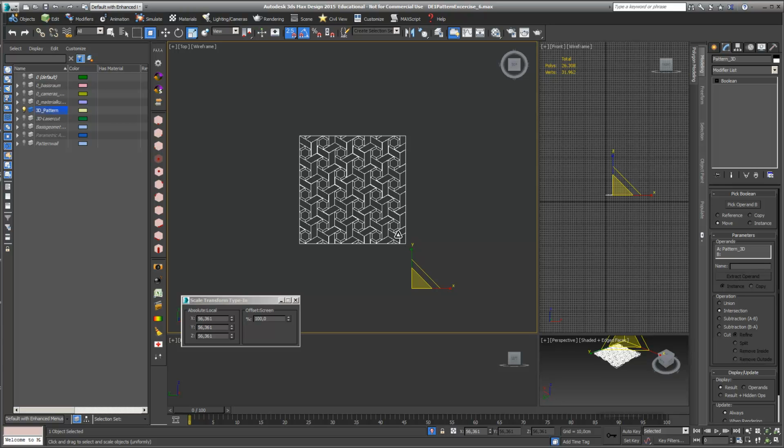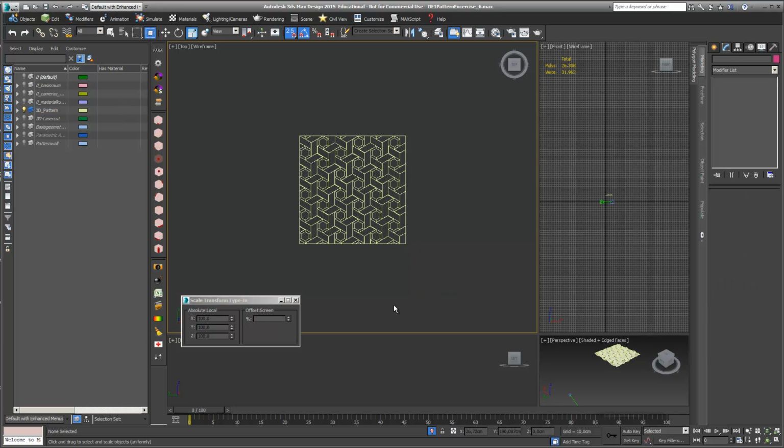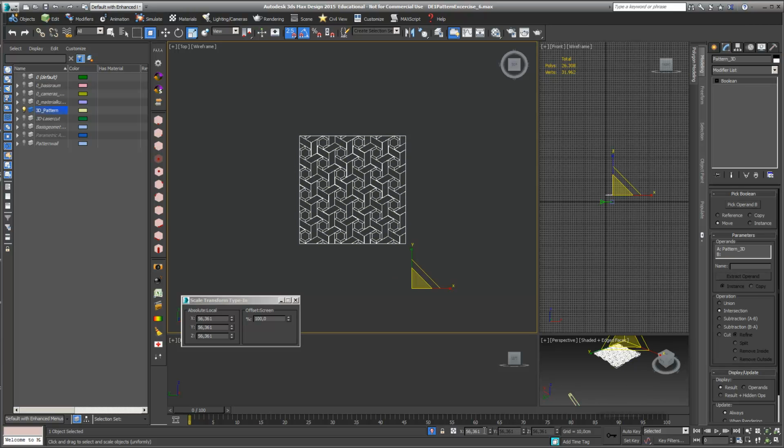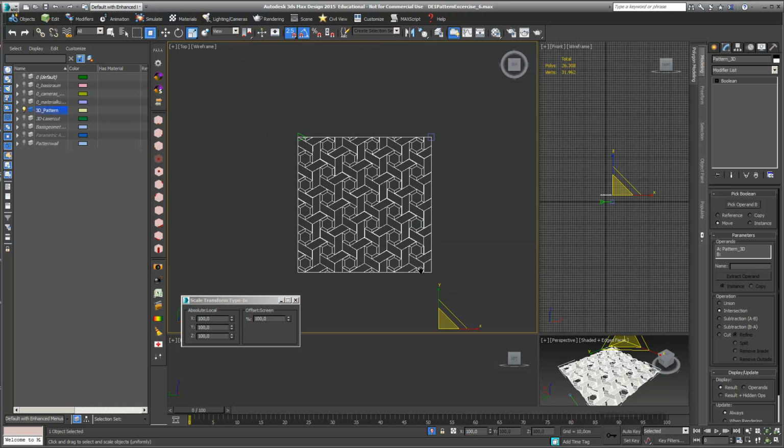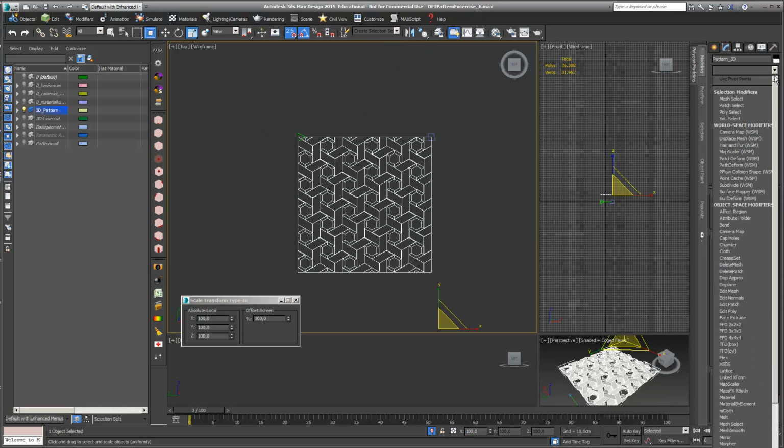So it's really important that this information goes into my modifier list, and it's really important that at the end of the day it is 100% again, so we can work with this object properly. And the best thing of scaling is, I just undo my operation. I can also do it like this, choose my object and just say 100% again. Here we go. The best thing would be I just add an edit poly on top,